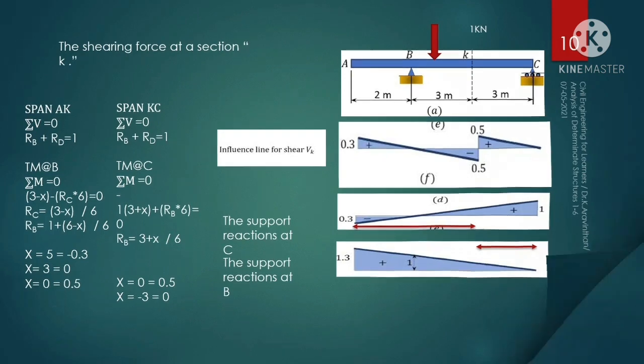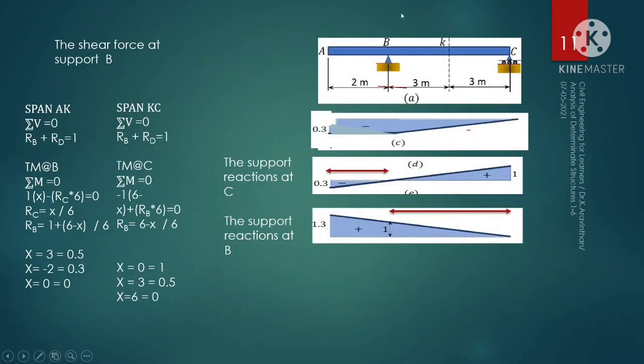Okay, the same way, if you want to find shear force at point B, I will be taking a small distance either from left hand side or right hand side. Here the question is to find the shear force at support B. We will be generally finding shear force by providing a point load either very close to left hand side of B or very close to right hand side of B. Right now I have provided close to right hand side.